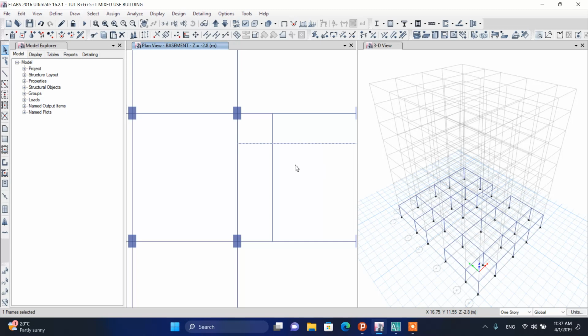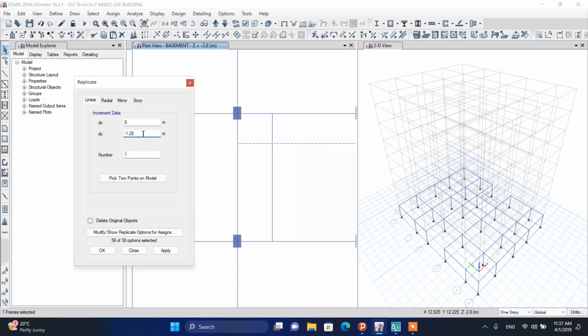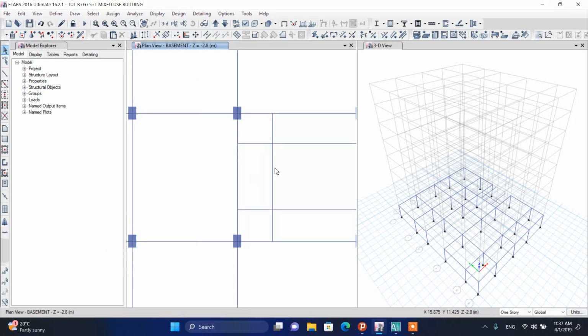So replicate 2.8 meter in the negative y direction. So okay, at this time select this point. Select this point and go to edit to draw. Okay, simply